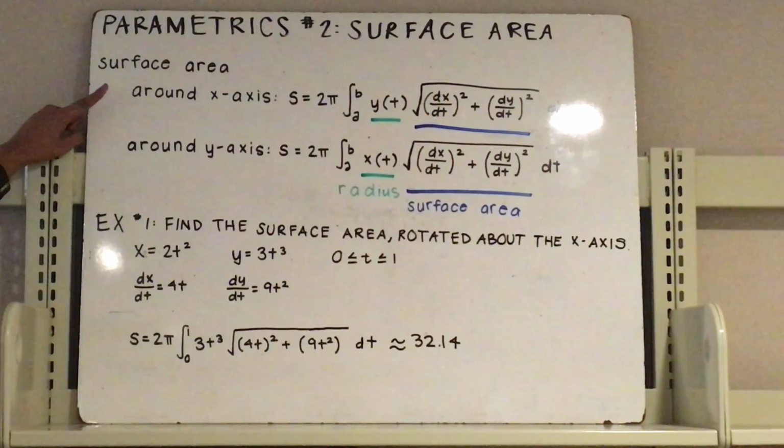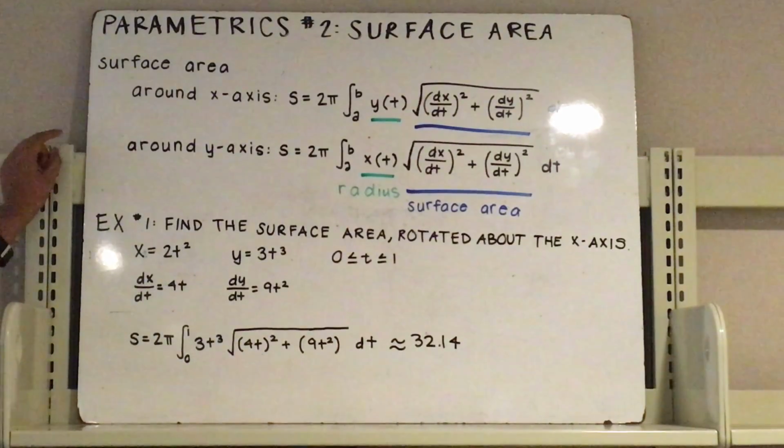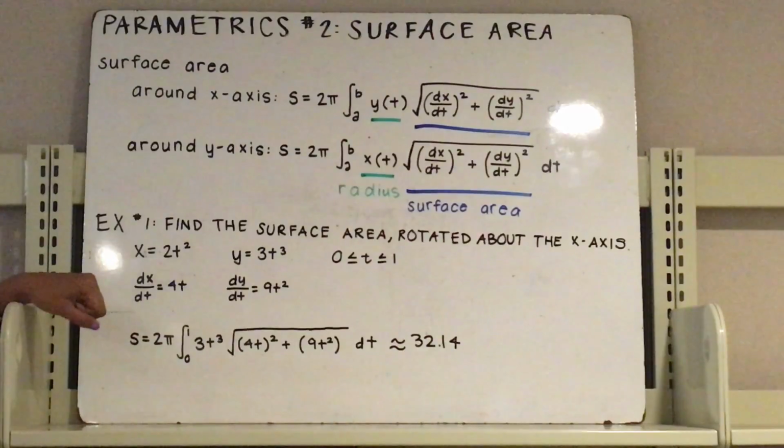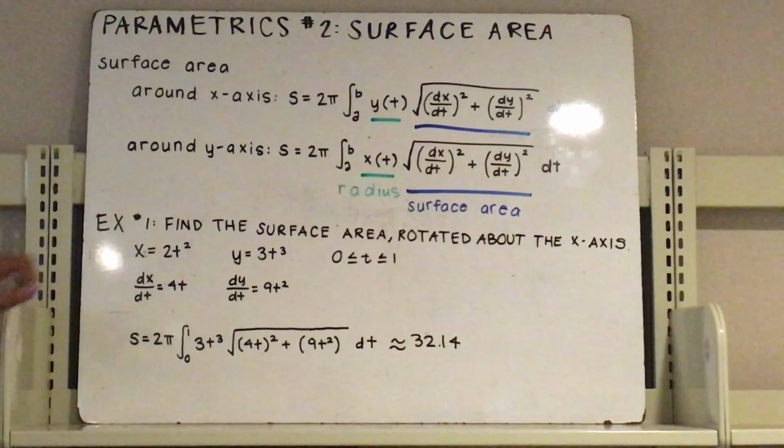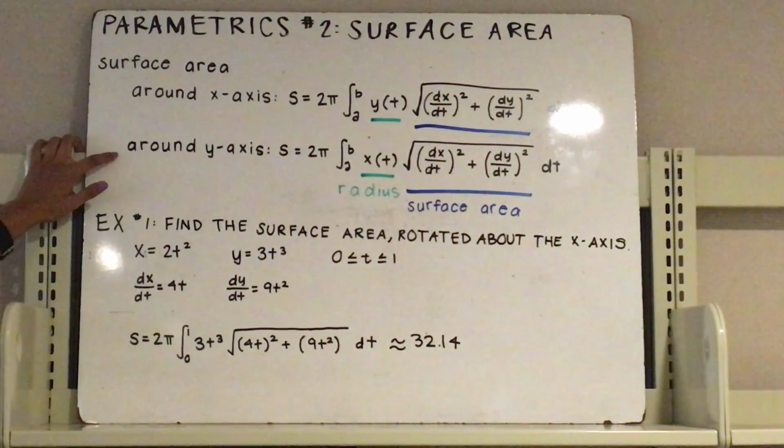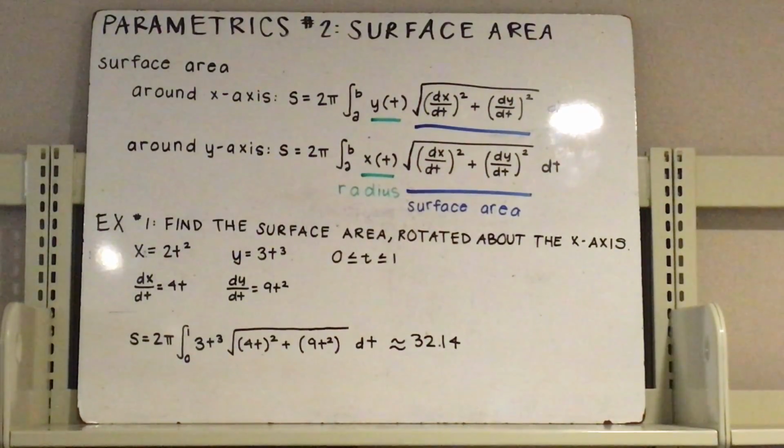If you're doing surface area around the x-axis, it's S equals, surface area equals 2 pi, your integral from a to b, so those are your points, and y of t times the arc length of that figure. I'll get to why it's y of t and x of t later. Around the y-axis, it'd be S equals 2 pi, integral from a to b, x of t times the arc